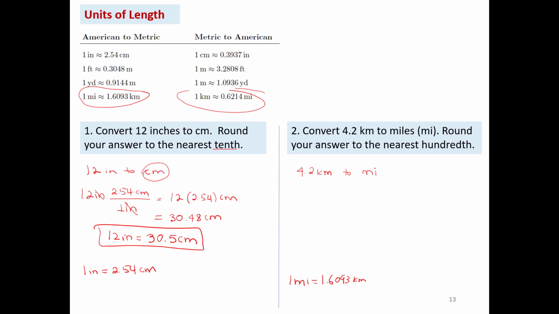equals 1.6093 kilometers, and 4.2. We know we need kilometers on the bottom because we need to cancel out this unit, and we need miles on top. Let's cancel out, and finally we have 4.2 miles, because this is the unit we want. Divide by 1.6093, and when we divide this we'll get